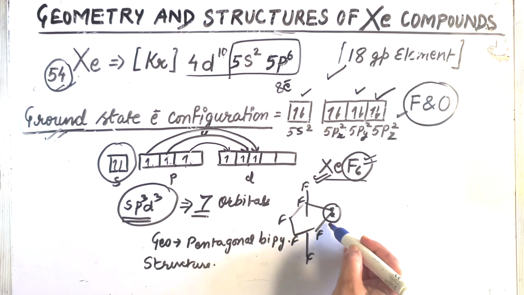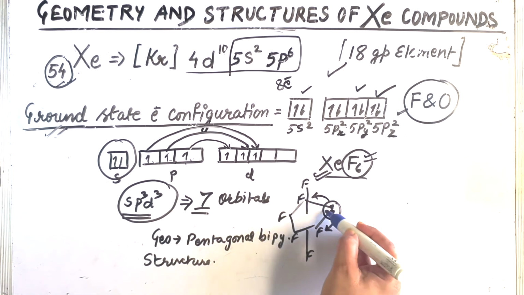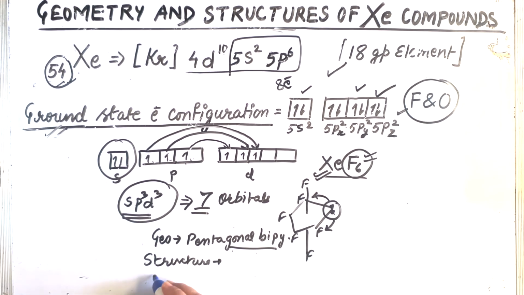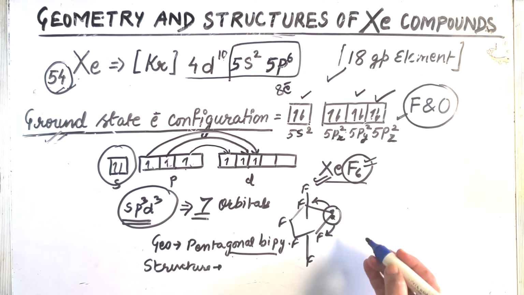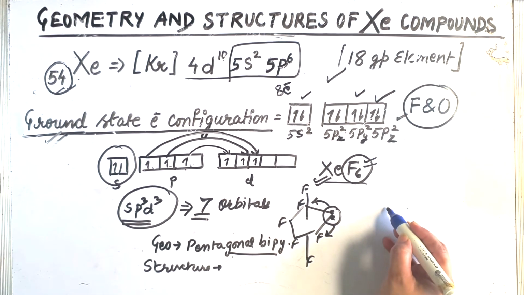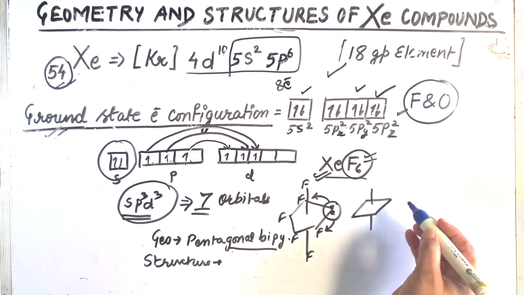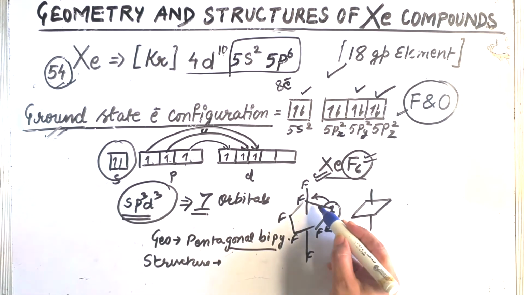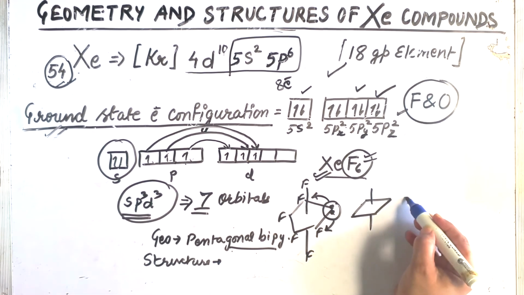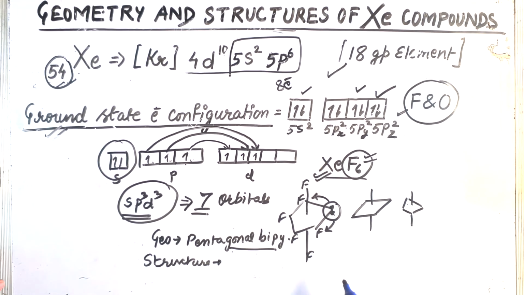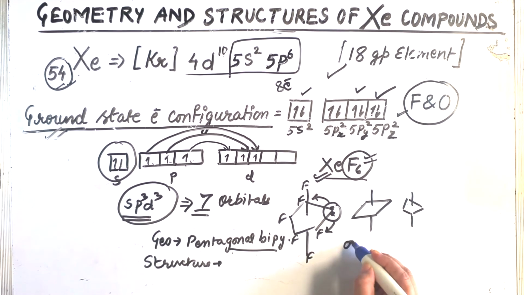Hence, because of this repulsion between the lone pair and bond pair, this perfect pentagonal bipyramidal structure will be a little distorted, and that is why the structure is called distorted octahedral. Now I am going to draw this here for you so that you can compare it with the octahedral. The perfect octahedral structure was this kind. But because of this repulsion from both sides, this kind of structure will be formed, which resembles the octahedral, but it is not the perfect octahedral. It is a distorted octahedral.